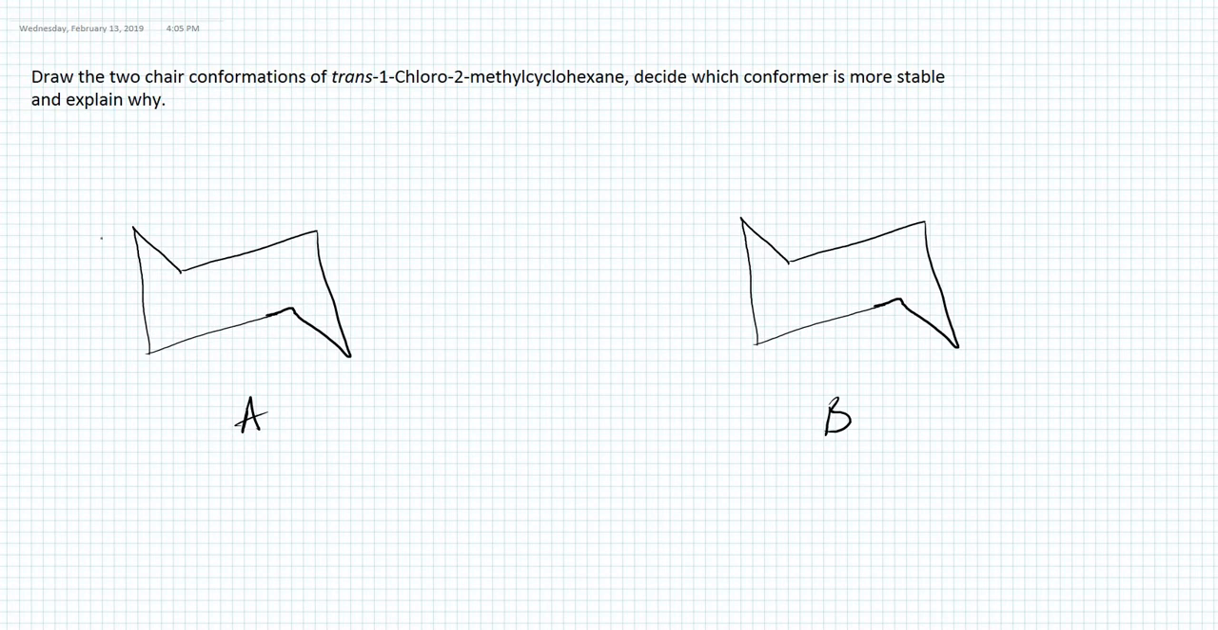trans-1-chloro-2-methyl cyclohexane. In order to start drawing chair cyclohexane, we need to follow some basic guidelines about how to draw chair cyclohexanes. So the basic guideline is this: we need to have 4 carbons almost on the same plane, and 1 carbon should be above the plane and 1 carbon should be below the 4 carbon plane. And how do we draw the skeletal structure of